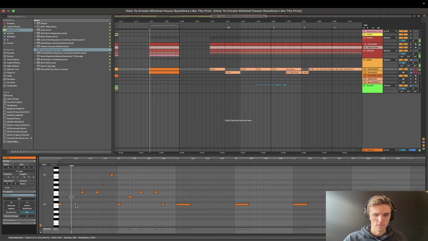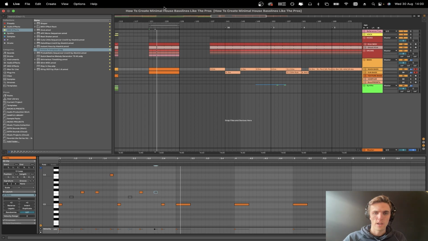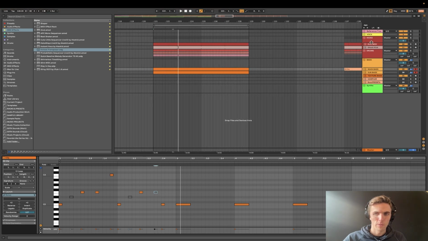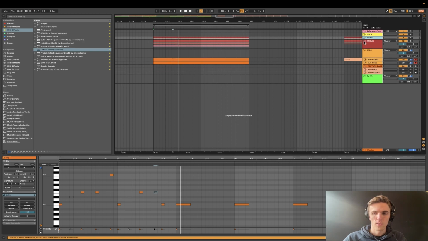You can pick out notes. So it can be as complex or as basic as you want, is essentially my point here. And this brings me on to the next point with regards to basses. I think a good place to start with the bass is when you have those other ideas down. So you'll have the kick,